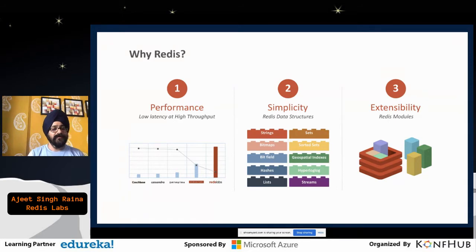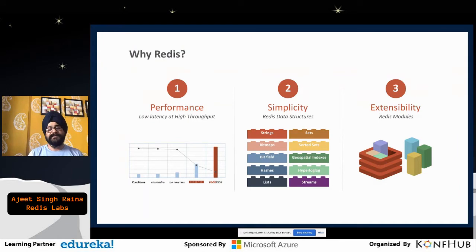Two of the really important things we need to talk about are latency and throughput. Low latency and high throughput are really important, and you get them via Redis. And Redis has data structures also, right? These are all open source data structures which you can go ahead and use.